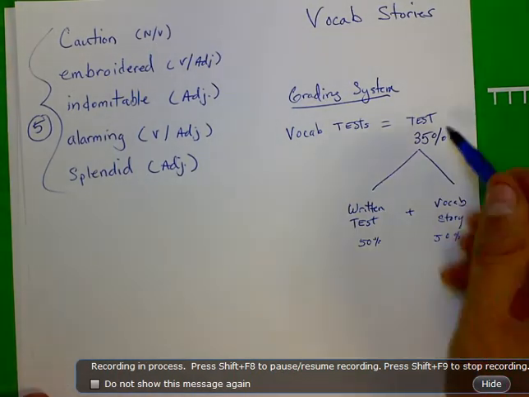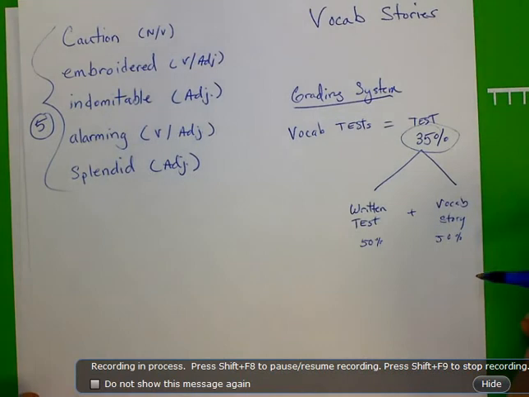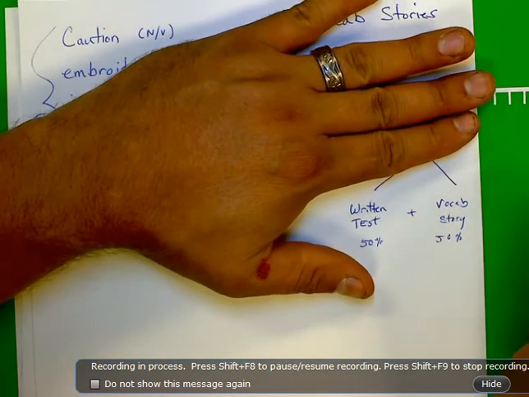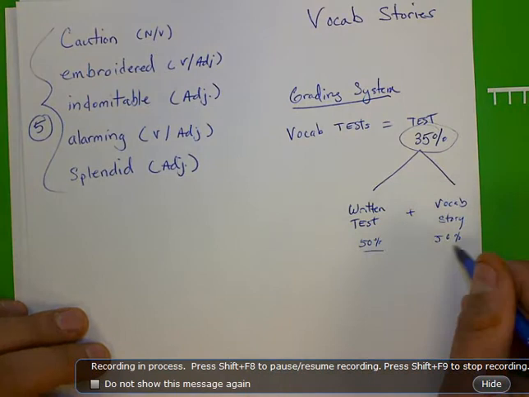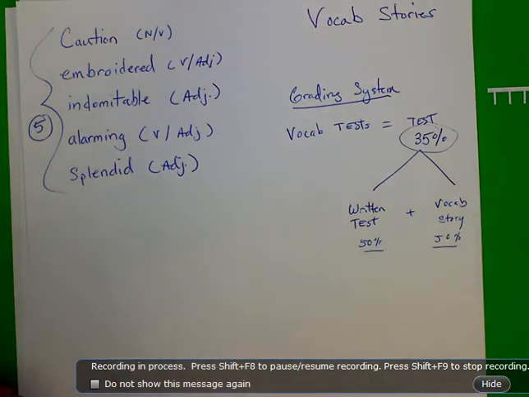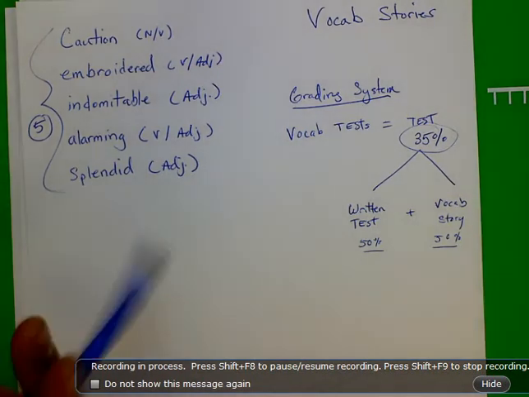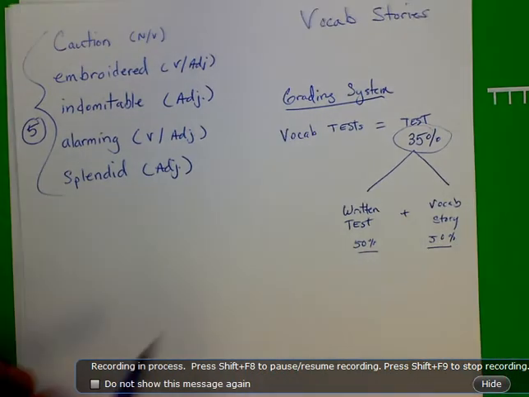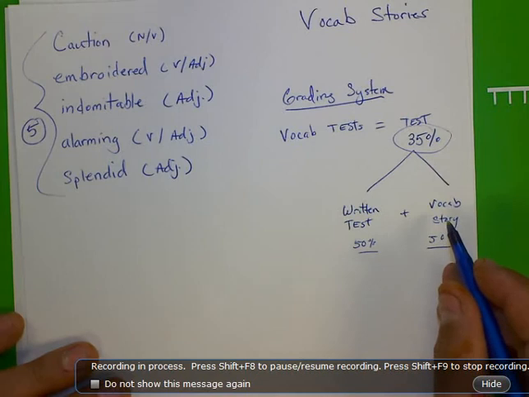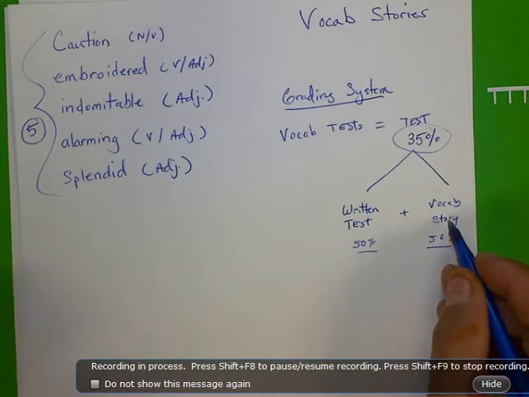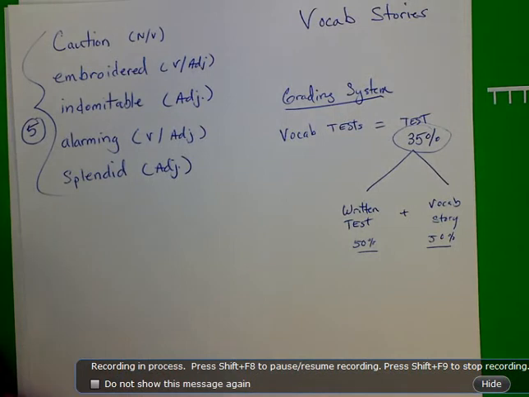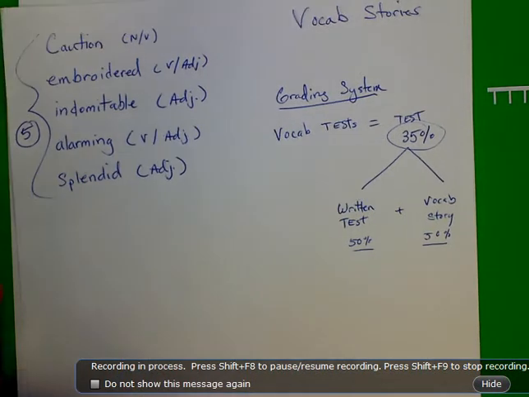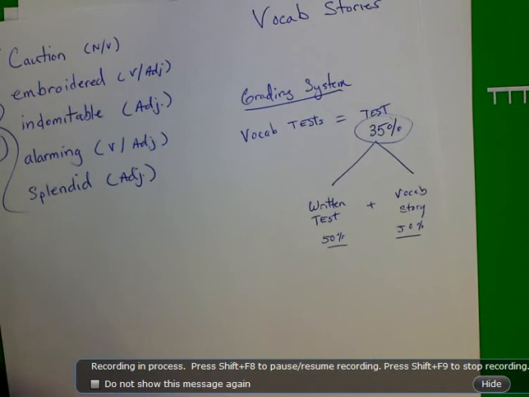Don't get confused by the 35 and the 50s. This is your overall percentage grade. This talks about your individual test. So when you take a test on Friday in vocabulary, how you do, what grade you get, depends on how well you did on the written test and how well you did on the vocab story. The cool thing is you have at least, in junior high, at least 1 whole week to get your vocab story done. I always give you your words on a Monday, and if I don't,